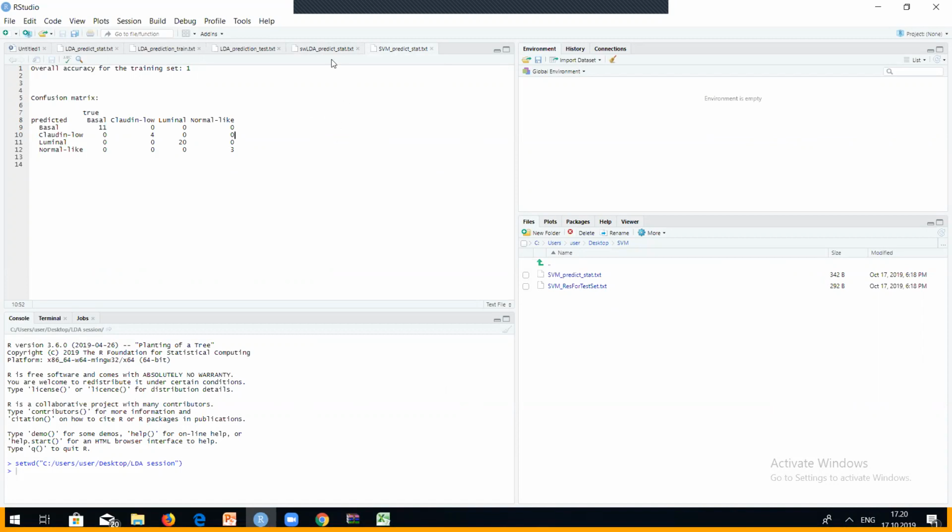So now we have two models, swLDA and support vector machines. We said that both swLDA and support vector machines are very advanced forms of supervised machine learning. They have these additional features like support vectors, kernels, or stepwise nature, and both of them predicted it very well. So in essence, I would take this file